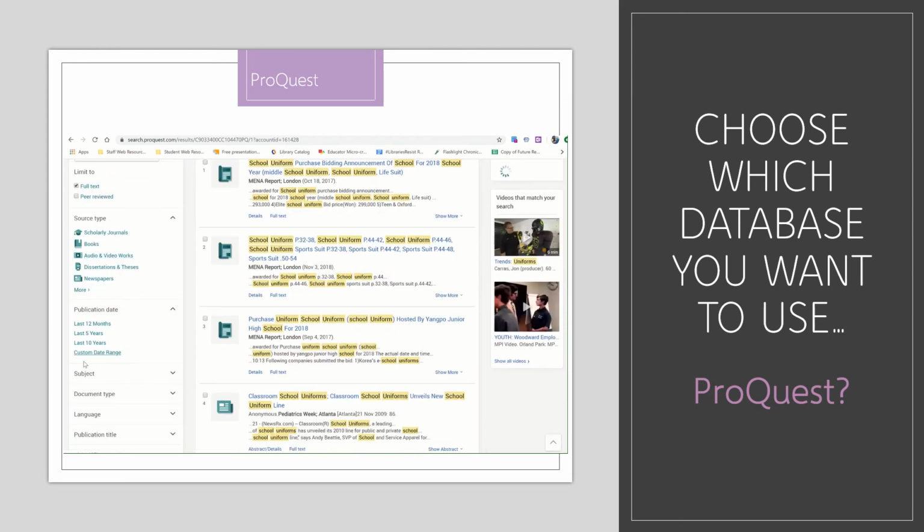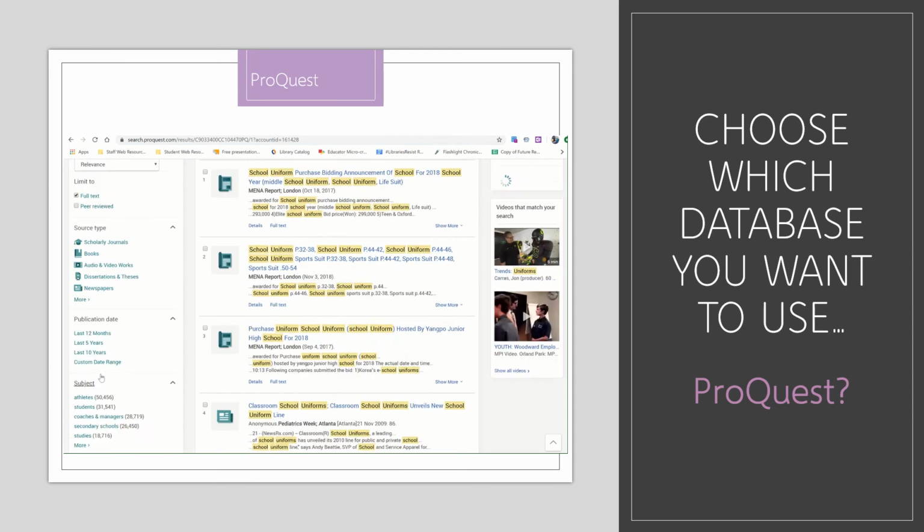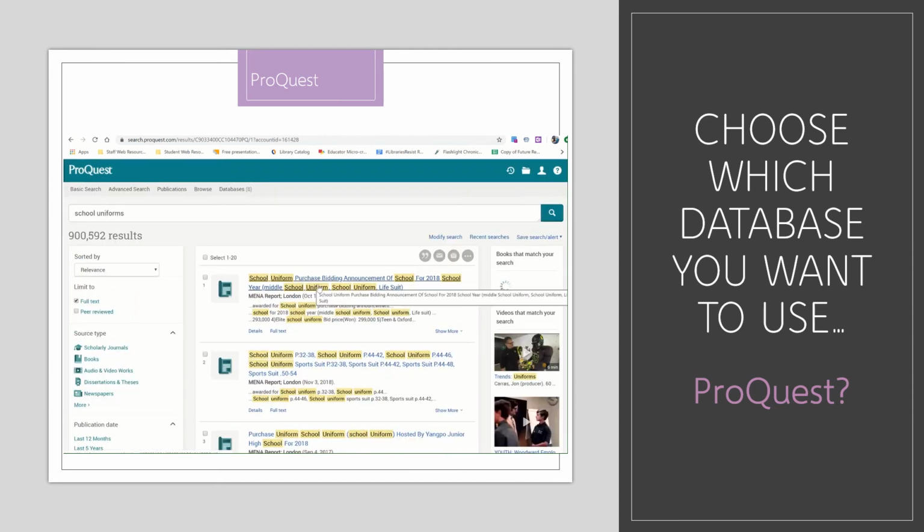You can sort by publication date. You can sort by subject, so you can refine it that way. By document type, so news or article or annual report. You can sort it by language. So if you want to be reading in Spanish, you can change to make sure that they are only in Spanish. But you can choose your article. Now you can see that these articles do not include the Lexile level. So you open up your article,